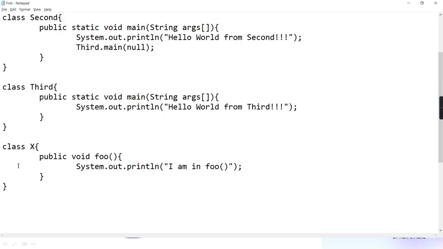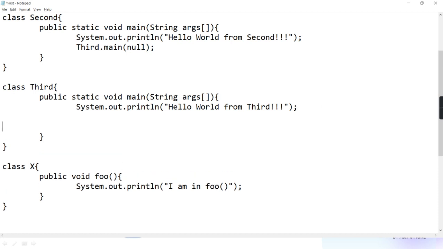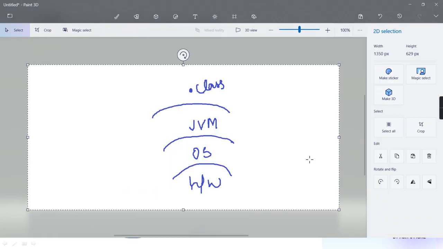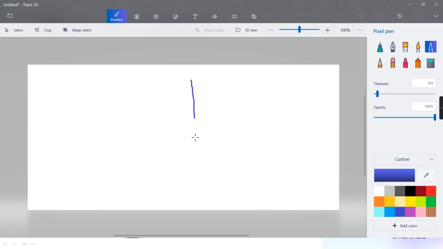Now you may ask, is this class X of no use? Is it a useless class? No. You can use it as a utility class. Can you use this class for creating objects in another class? So here, can I create an object of class X? Tell me, X small x equal to new capital X. Can I do it like this? Yes, sir. Clear? So is this small x a reference variable? Because in Java, an object means only a reference variable. So this is your stack and this is your heap.